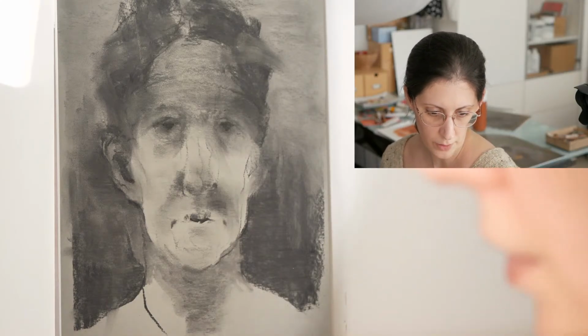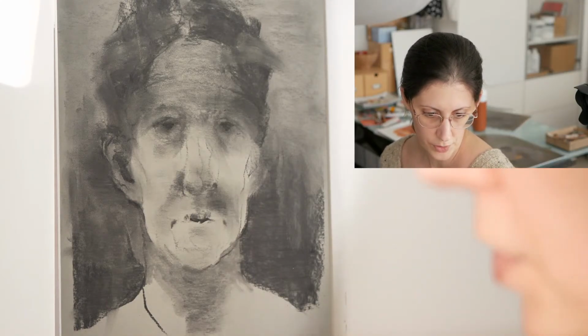It didn't look like me at all, had no idea of proportions, practice more, because let's face it,